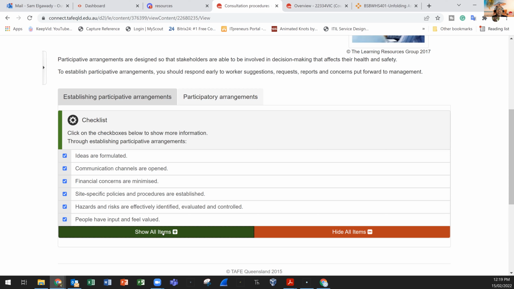So hazards and risks are effectively identified, evaluated, and controlled. So in the previous session, I got a question saying, if I saw a spill on the floor, should I remove it? I said, if it's coffee or tea, it's safe to remove that. There is no electricity, there is no danger around you. If it's really safe and you know how to do it in a safe way, yes, please do that. Otherwise, report it. You may stay there, but away from any danger, and just warn everyone else. There is a spill, there is a wet floor, there is an electricity hazard. You call the